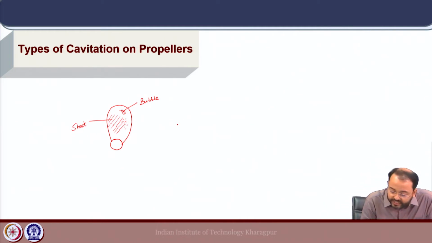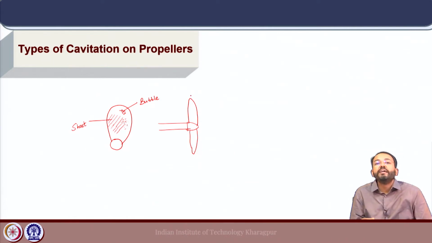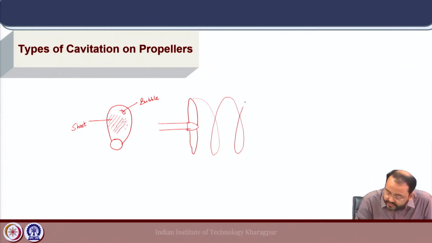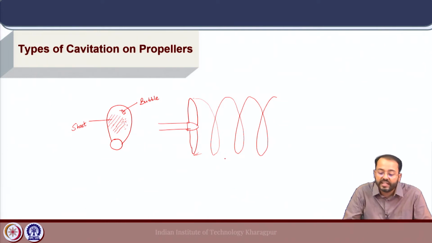Now, if we look at the propeller from the side, the propeller blade tip, because of their rotation, sheds helical vortex sheets in the slipstream. So, the vortices pattern will be like this. The number of vortex sheets will depend on the number of propeller blades. So, I have just drawn one helicoidal vortex sheet for reference, and the core of these vortices will have low